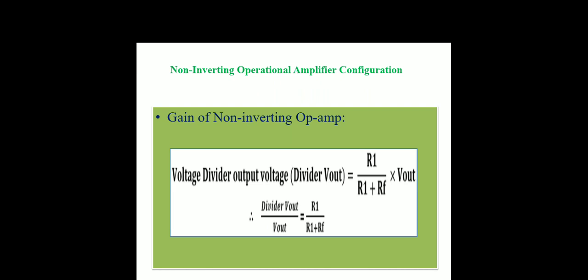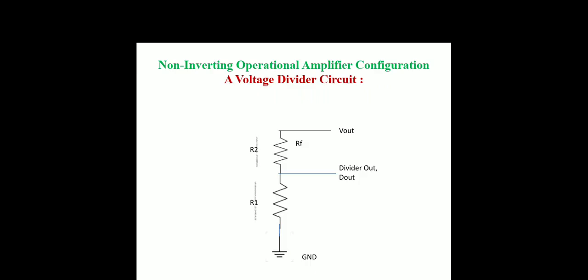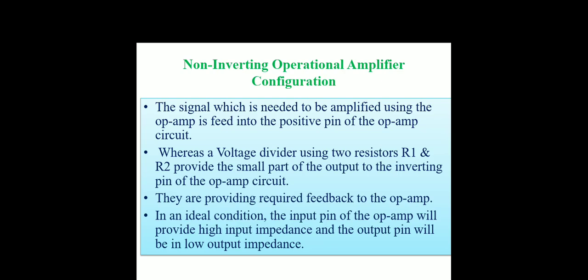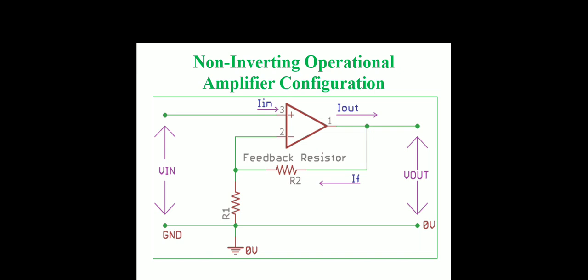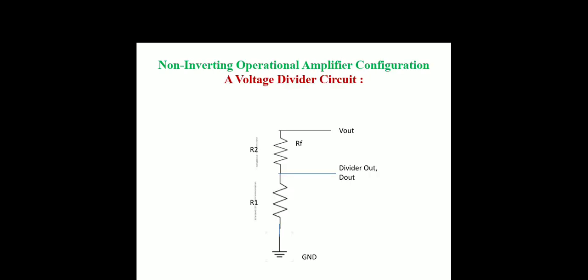Here we can see in the diagram the voltage divider output which is fed back to the inverting pin of the amplifier, and Vin and the voltage divider's junction points are situated across the same ground node. Please draw this diagram also.